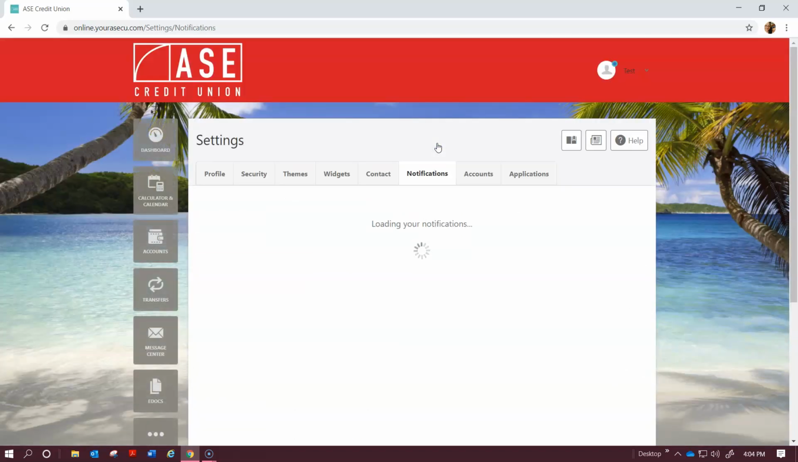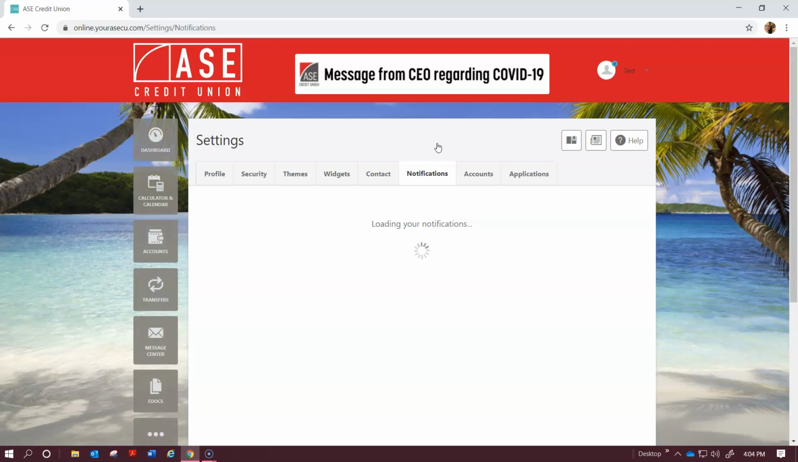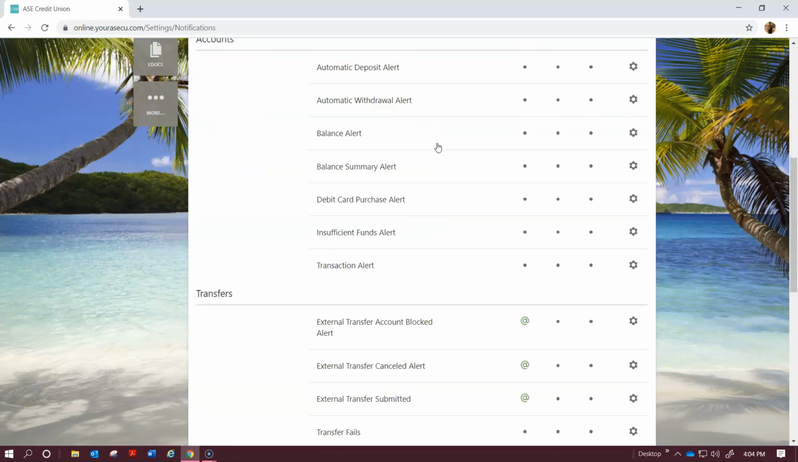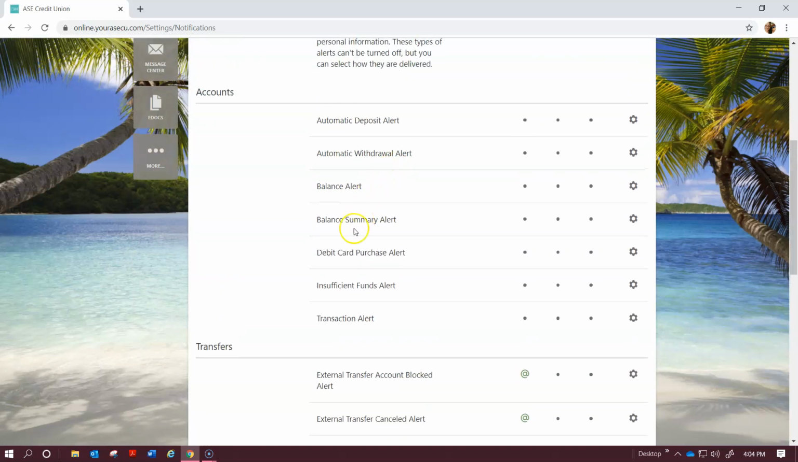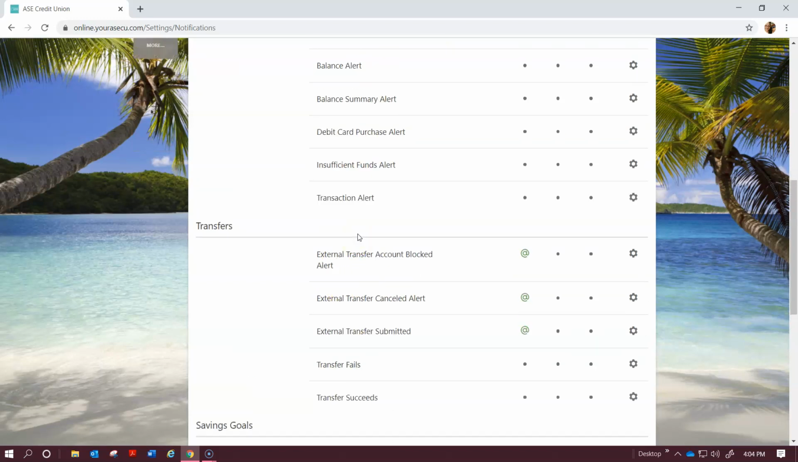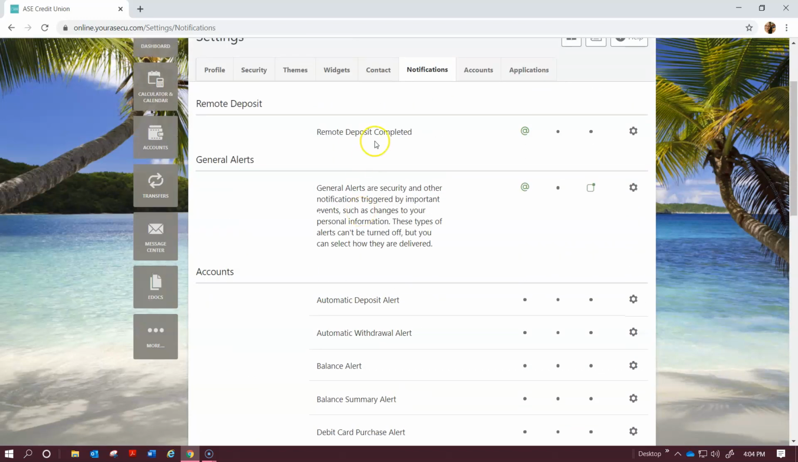Notifications. This is where you can opt in for text messages or emails to set up notifications, and you can set up many different notifications. So you could set up a notification for every time your debit card is used, every time your balance goes below a certain limit or above a certain limit, every time you get a direct deposit, okay, anytime transfers fail, anytime transfers go through, anytime a remote deposit goes into your account. There are a lot of options, and you would just click on this settings dial